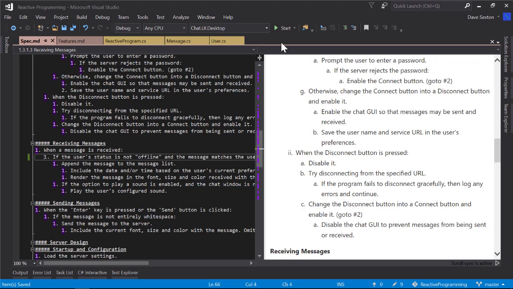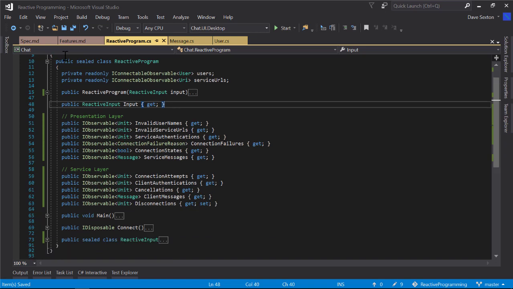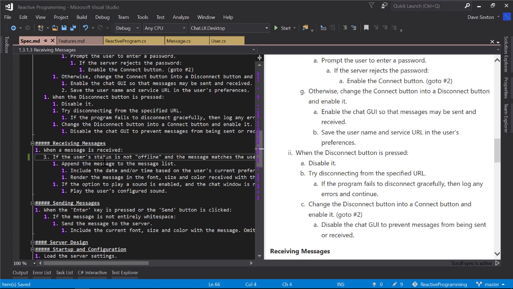So now what does that mean? If we have the ability to choose a different status that makes us offline so that we no longer want to receive any messages, well then from the spec's perspective, when a message is received in the business layer, if we're offline,